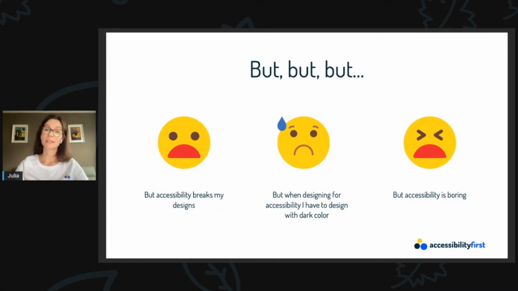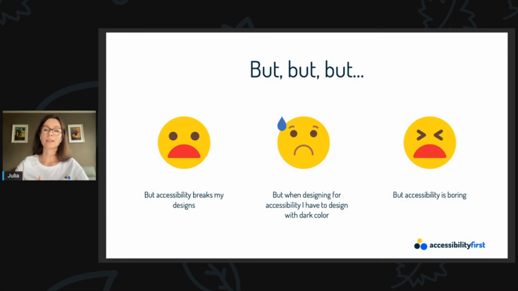But accessibility breaks my design. No, accessibility doesn't break the design. It just means that you have to make a few adjustments. For example, you may not be able to use the font size or color of your first choice. But there are many examples of beautifully designed accessible websites. While it's true that things like good color contrast and larger font size affect the design, that doesn't necessarily mean it's ugly. If a design relies on low contrast or very small functional elements, the design itself is more likely to be poor and cause problems for everyone, regardless of ability.